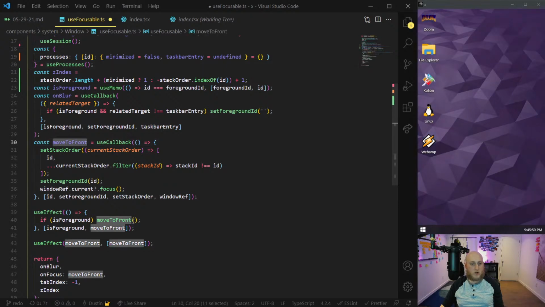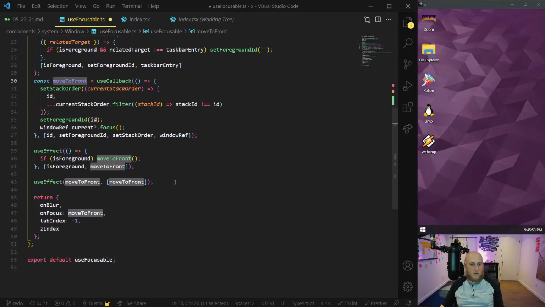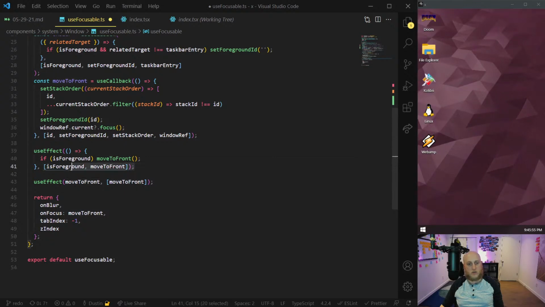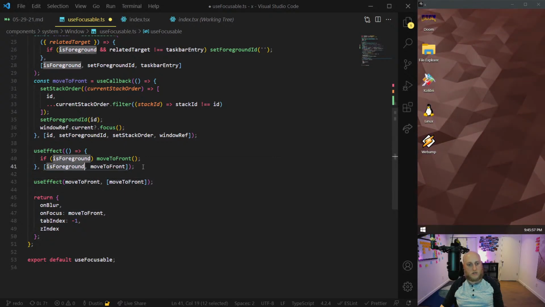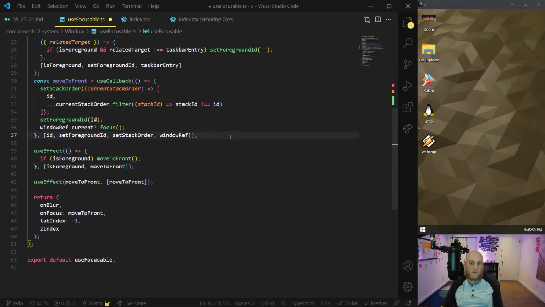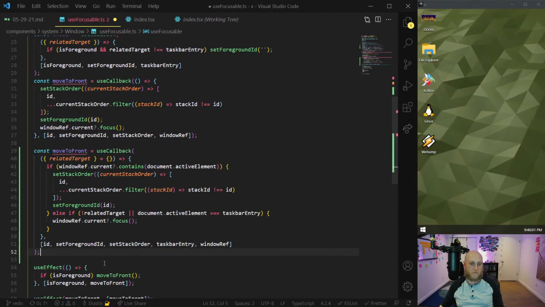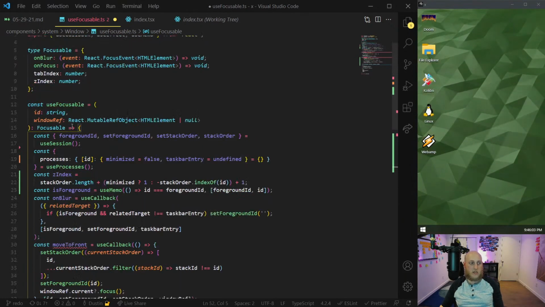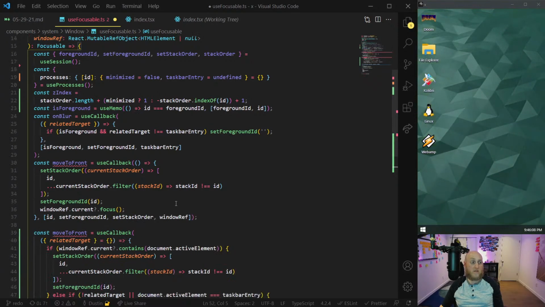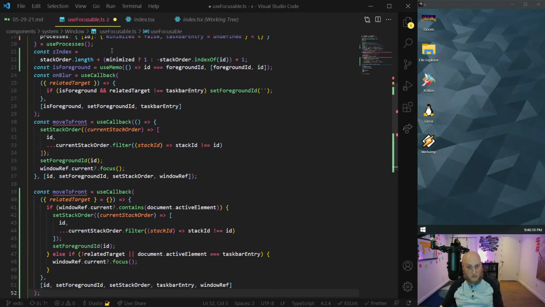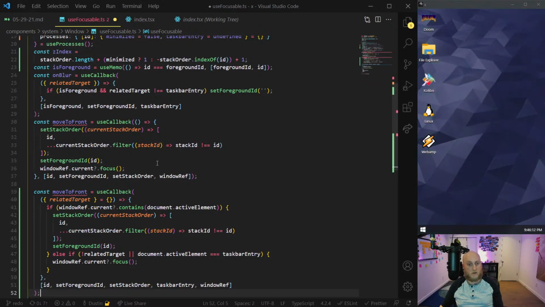This function gets triggered often. It gets triggered on load, and it also gets triggered whenever the foreground status changes, specifically to true. So whenever one of these use focusable windows comes into focus, it triggers the move to front function. And that's where we want some additional logic here.